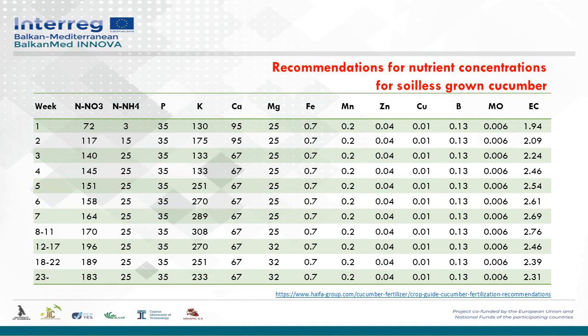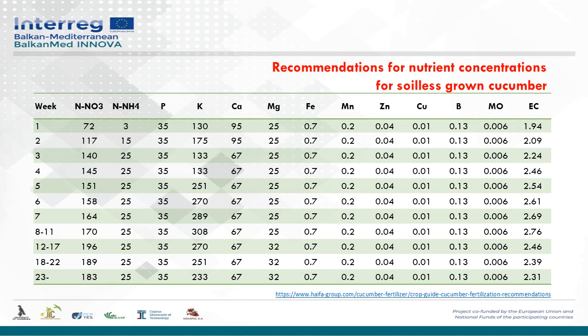And you might see that we have a relatively stable concentration. The values here are expressed in ppm or in milligrams per liter, and we have a stable concentration of ammonia,